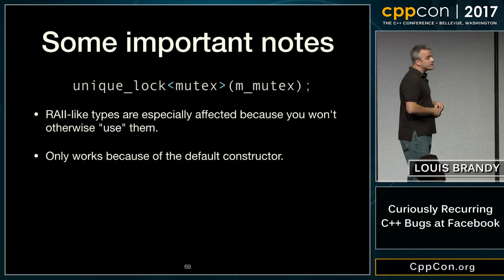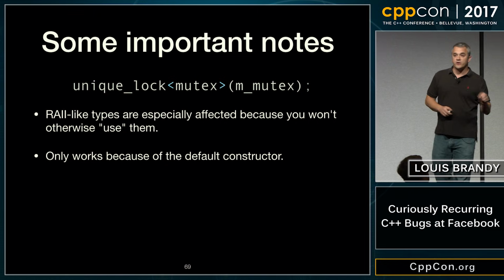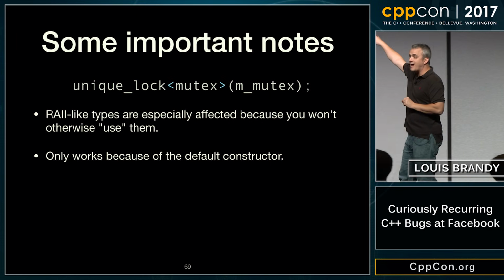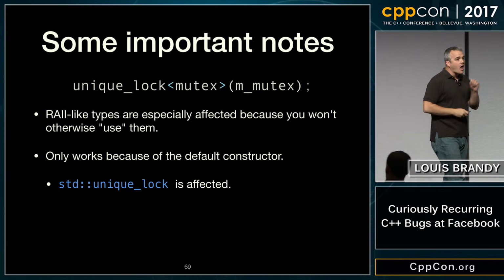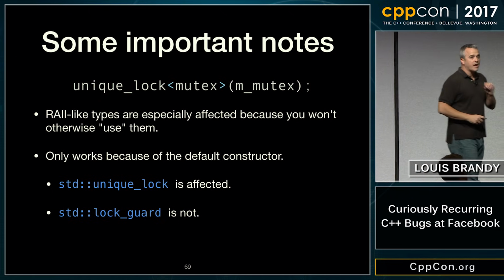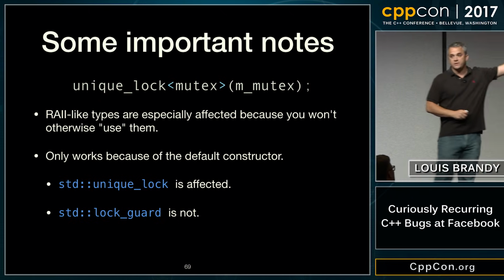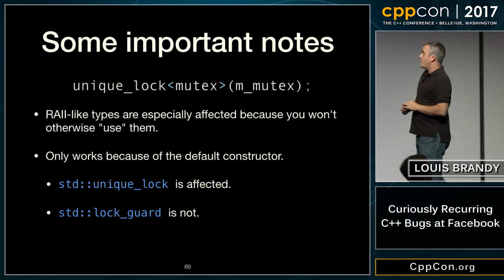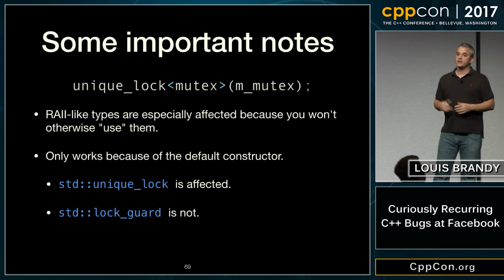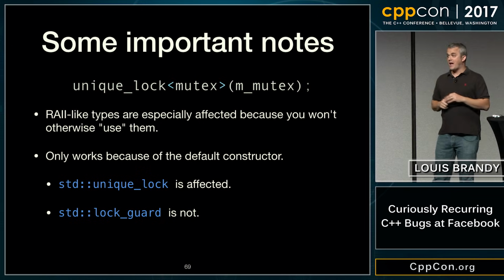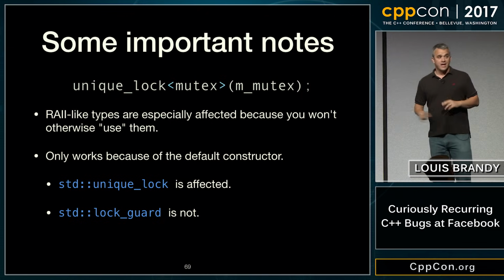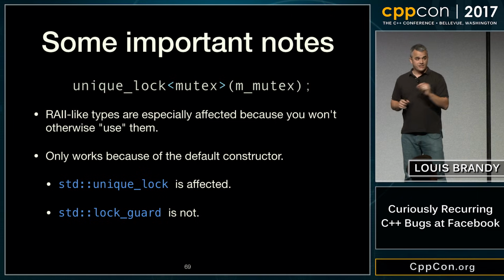The second part that's actually really important is this only works because standard unique lock has a default constructor, right? Because I default construct mutex in this case. I have to use the default constructor. So unique lock is affected, but lock guard is not. Standard lock guard will not compile if you were to swap that out. Now, if you're using standard types, that's great, because standard unique lock has this weird property. You can lint on it fairly easily. If it's like our code base, you have lots of reimplementations of lock guards from the years, right? Like dozens of them. And very few people fully appreciated this problem.